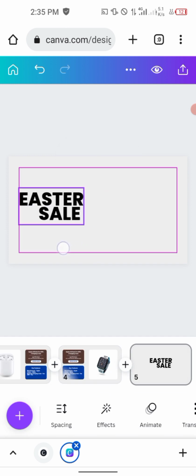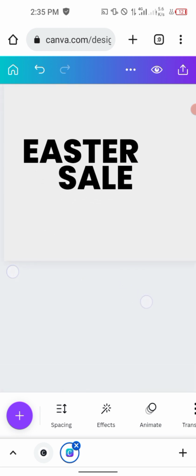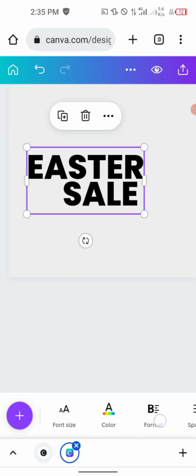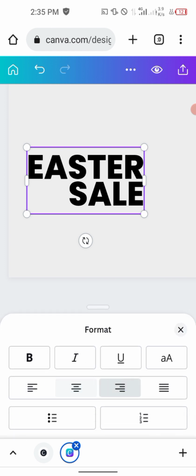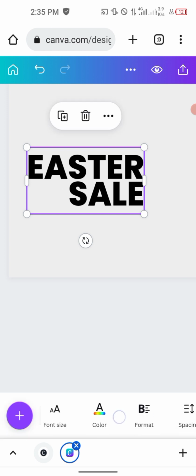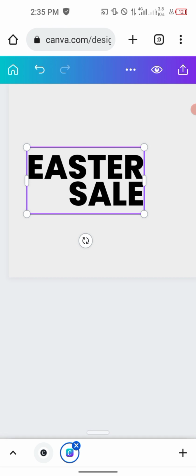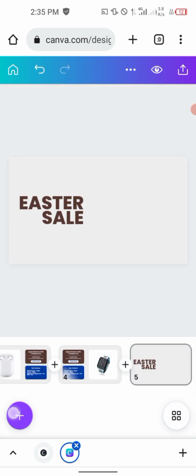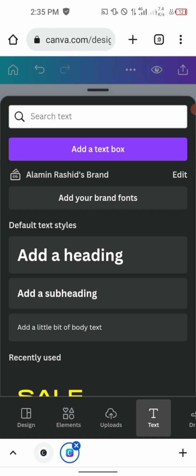Yes, after taking it to that particular side, head over to color, head over to format and change the format to this one. You can see it over there what I did. And then head over to color and change the color to this particular color, the brand color we are using. Don't forget that. Click on the plus button and search for